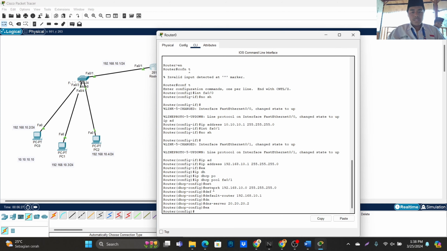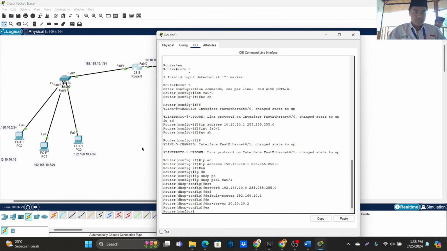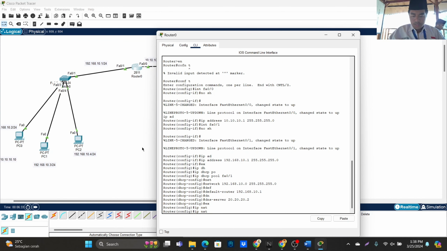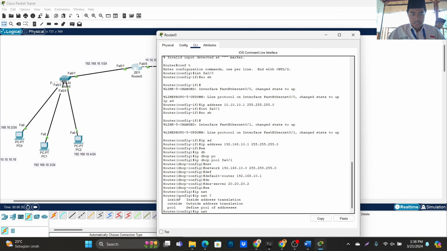So now let's make the static NAT configuration. IP NAT: there is inside, there is outside, and there is pool. But now we'll use inside first.